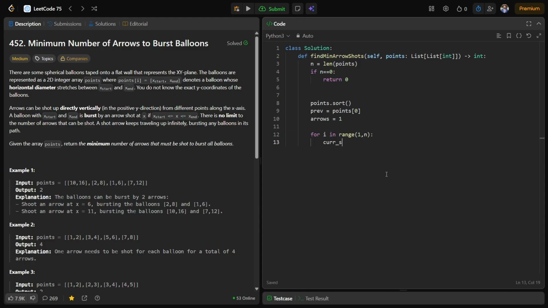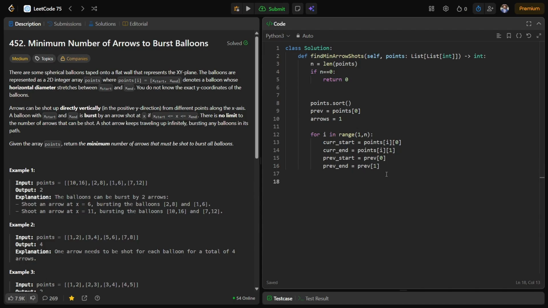We will have current start equal to points of i 0, right? Current end will be points of i 1. Then there will be previous start, which is basically previous 0, previous end, which is basically previous of 1,